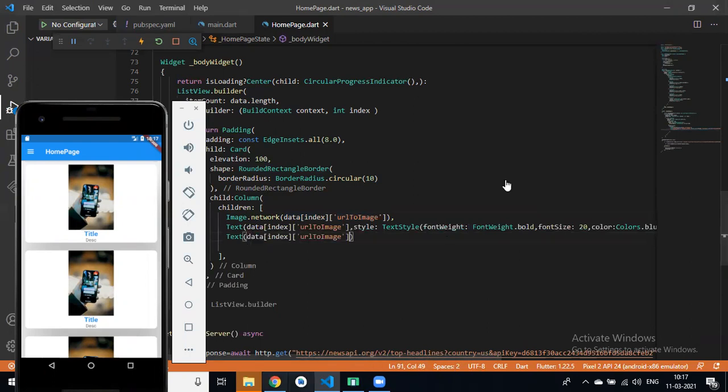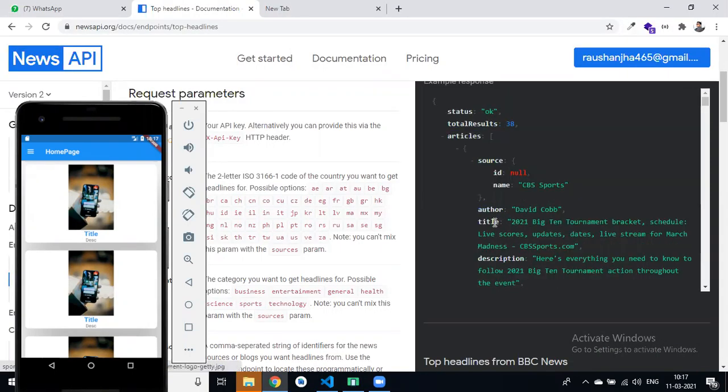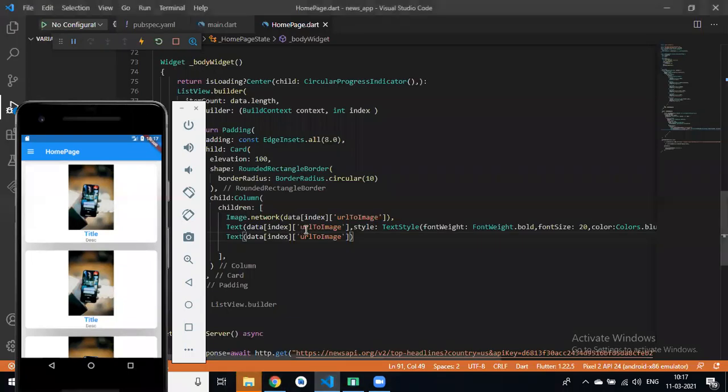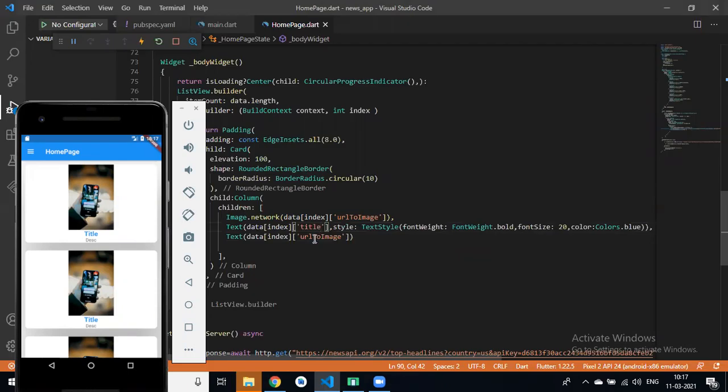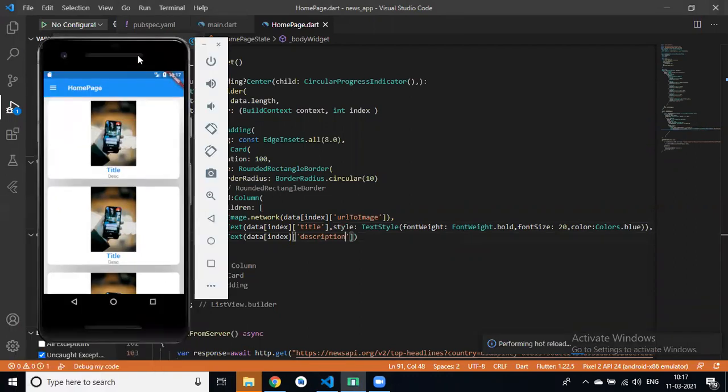For title we have a title key, and for description we have a description key. If I refresh this, now we get data from our API, right?